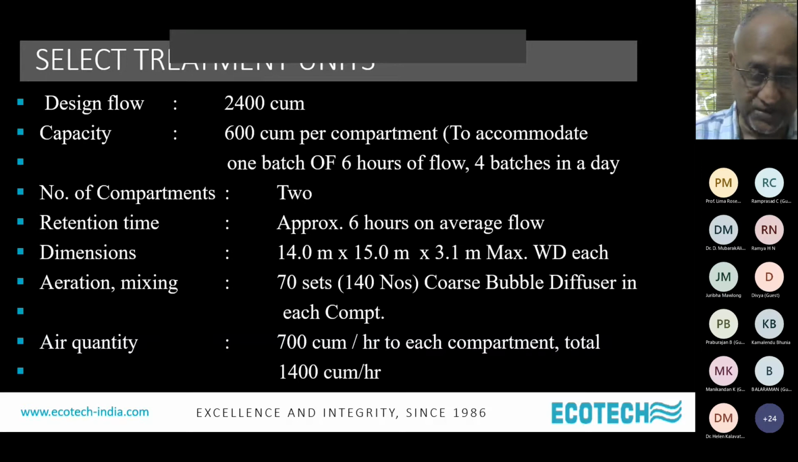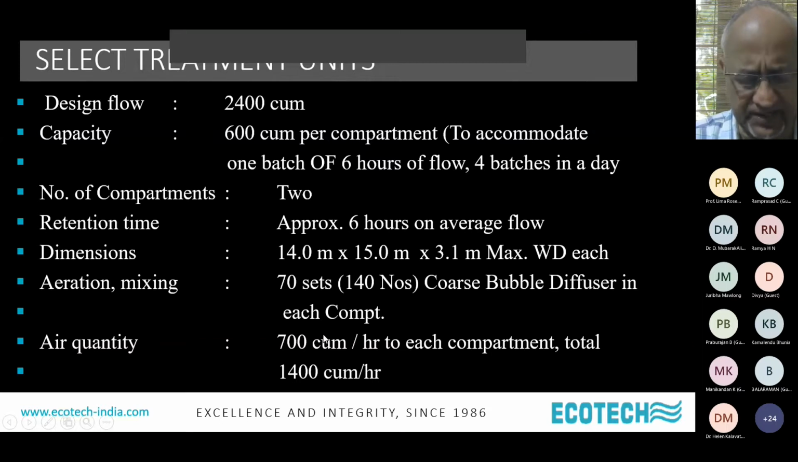have to homogenize it, you have to provide aeration and mixing so that homogenization takes place. That is the purpose of the equalization tank. You have to homogenize the effluent. Air quantity depending again on the size of the unit. Since it is depending on the volume, capacity, and based on your experience, you will design what should be